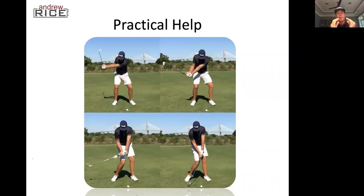I find it's just a nice, easy way for people to picture, how do I take advantage of this information? How do I incorporate this information into my golf swing? This is a great time when people are locked away indoors and they can just hit into a net. A lot of your students, keep in mind, have got indoor setups where they can hit. Get in touch with them, reach out to them, pitch this 1, 2, 3, give them something to work on,